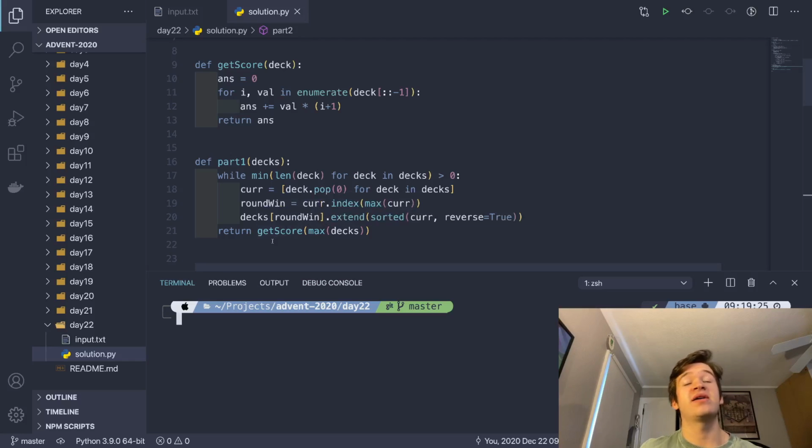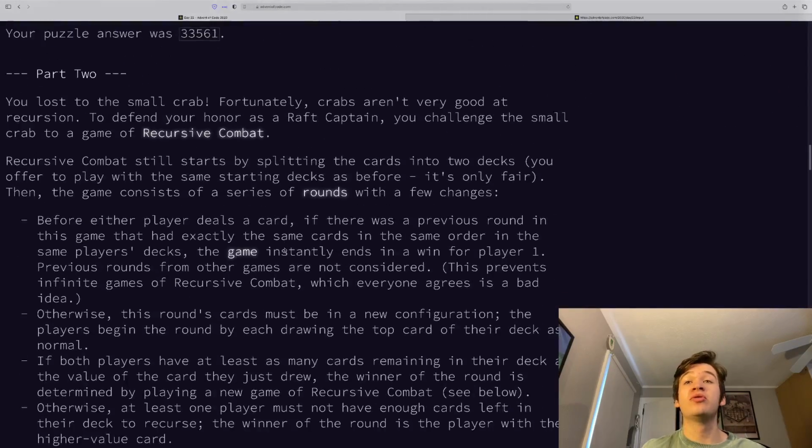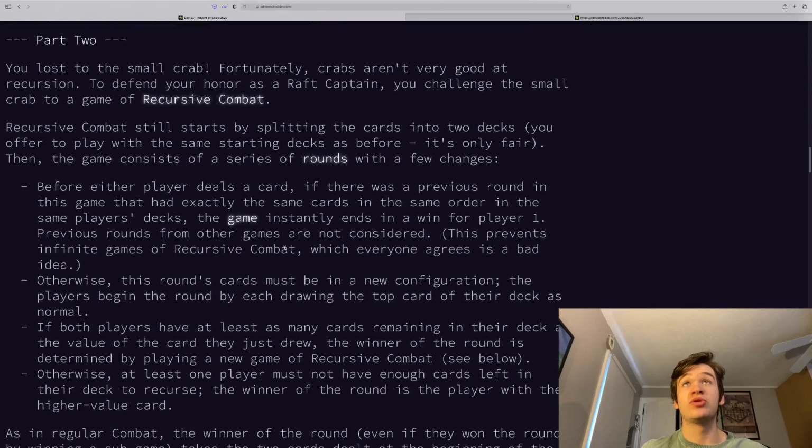Then we run our get score function on the maximum value of decks, which is the deck with the longest length, which is our winner, and we return that, and that is it for part 1. Then we can jump into part 2, where we want to challenge them to recursive